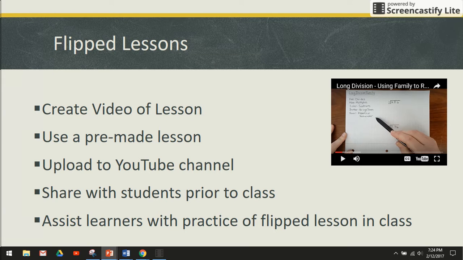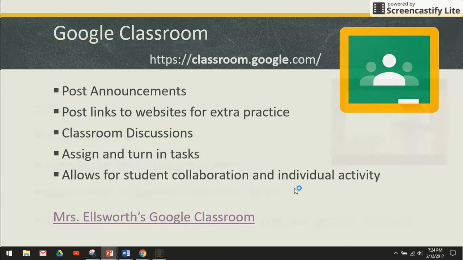Students were able to view this from their computer in the classroom, or they could have viewed it at home prior to coming to class. In my classroom, I also use Google Classroom. Google Classroom is a multi-literacy opportunity for students where I can post announcements about things that will be happening in